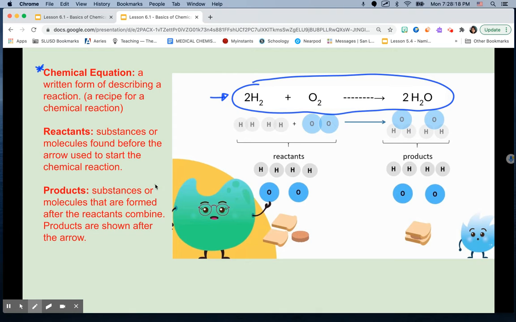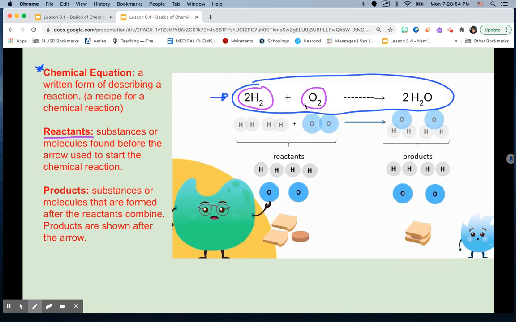So you'll notice that in a chemical equation, just like a recipe, you have different parts. Right, so the first part, the part before the arrow, is what we call our reactants. And they're essentially substances or ingredients used to mix together in order to create the reaction. So anything before this arrow that's drawn here, in this case, the two H2s and the one O2 molecule are